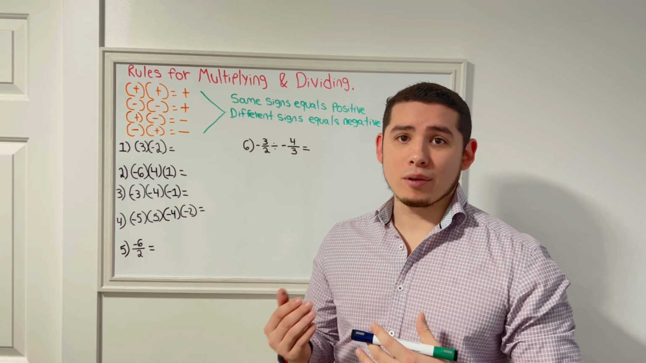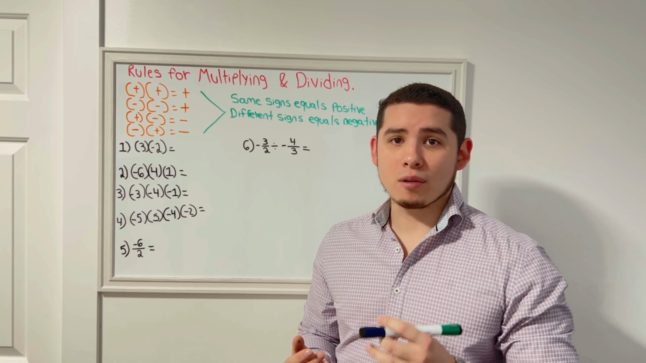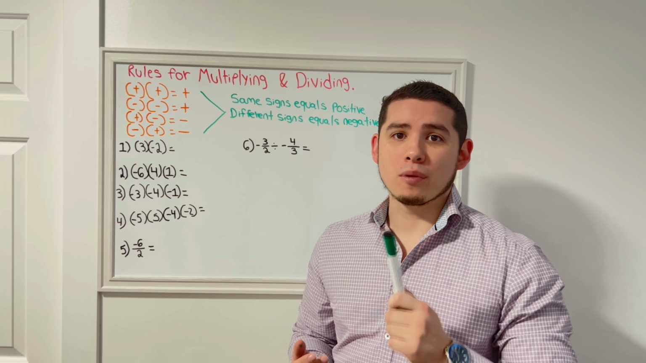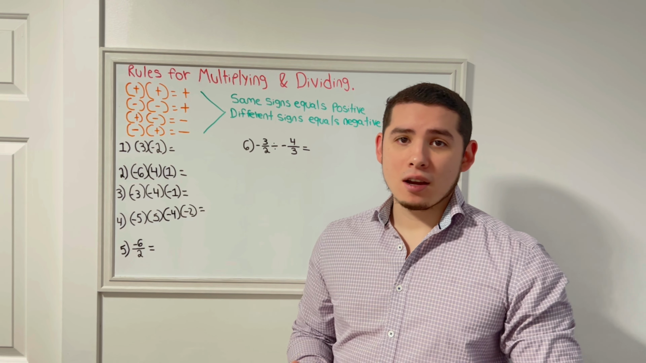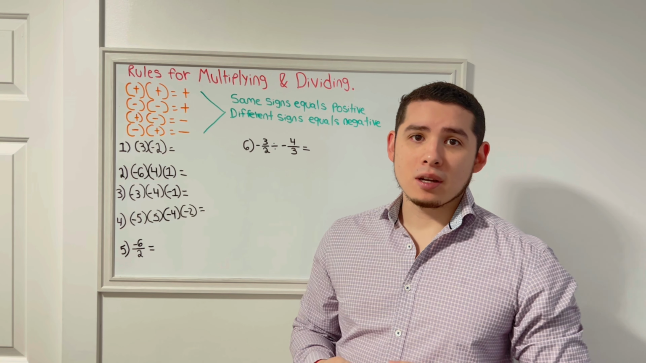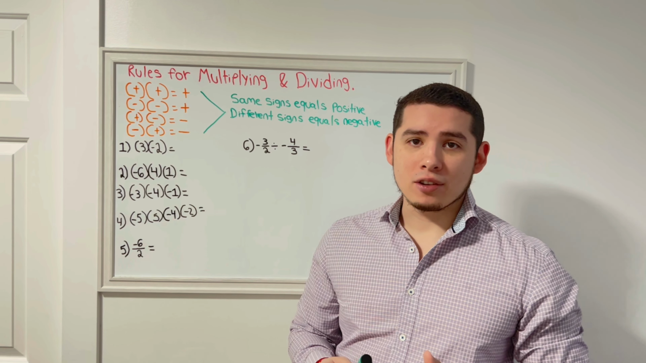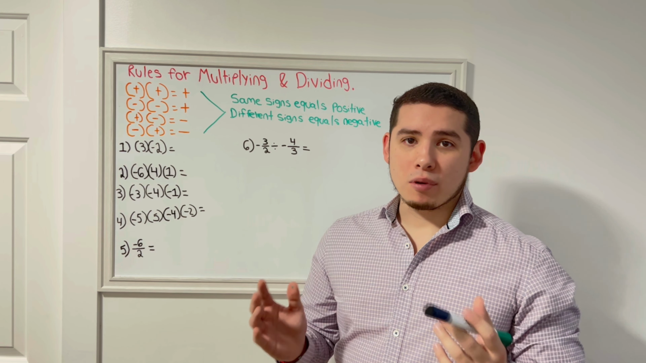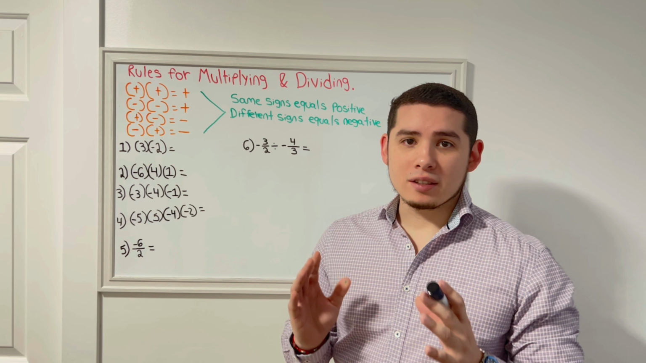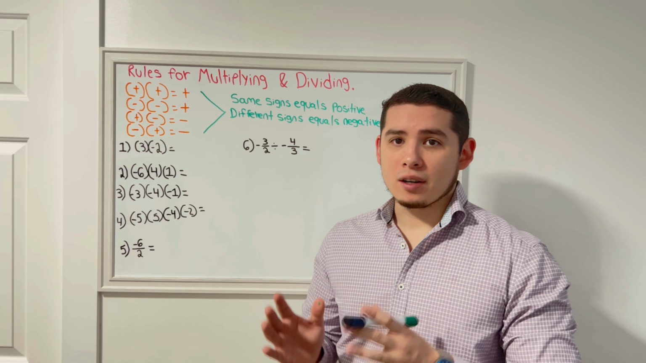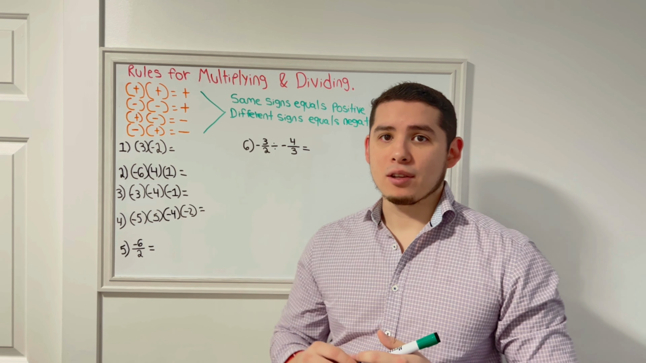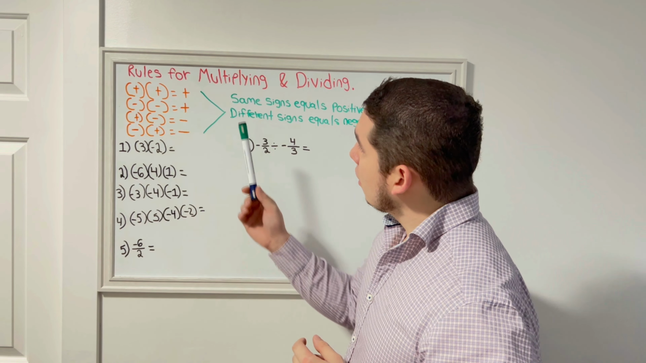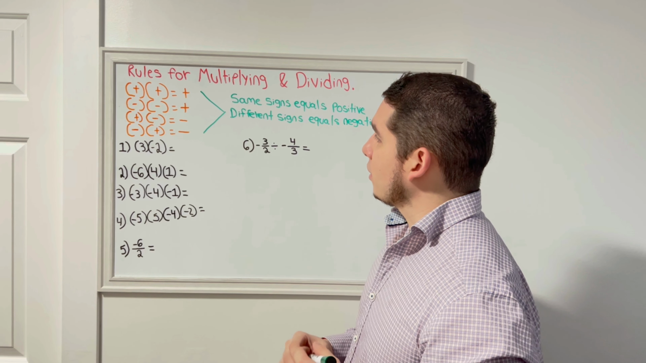I'm the Meister Rodi, and today we're gonna cover the topic rules for multiplying and dividing. As in the previous video, there are also rules for multiplication and division, which are quite simple. These rules apply for either multiplication or division, and they consist in when you have two positive numbers